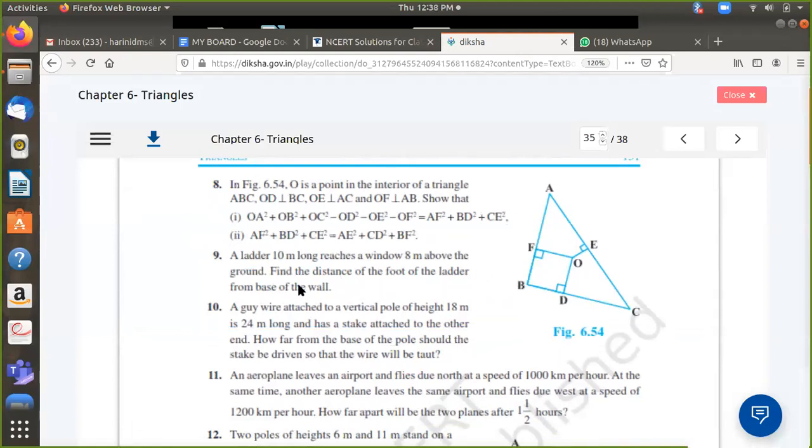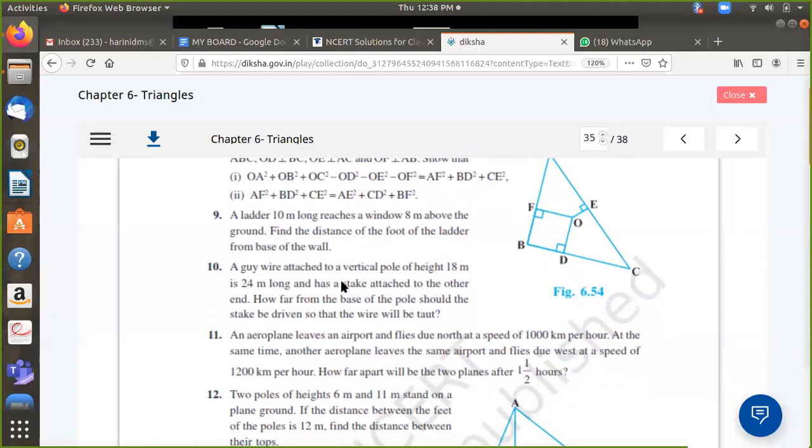Okay. Now, these are 2 problems which I want you to do, the 9 and the 10. They are only very simple applications of your Pythagoras theorems. Just draw the diagram and find out which is the missing side. Apply the Pythagoras, rearrange the equation to get the 2 results. These are very easy ones. There are still some 5-6 more problems. We'll see how best we can complete it tomorrow. At least tomorrow we should be in a position to tell that, okay, we have completed our triangles.